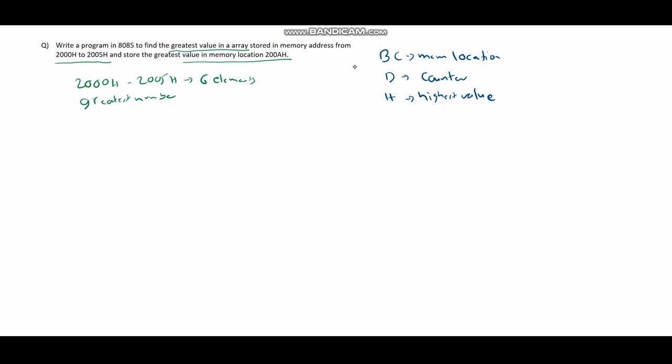Let's start with the code. First of all, let us load register BC with the starting address 2000H. After that, we also need to load our counter. There will be 6 elements, so the count will be 06. Then the highest value will be stored in H. For now, in the beginning, the highest value is going to be 00. What we do is we read the first value,